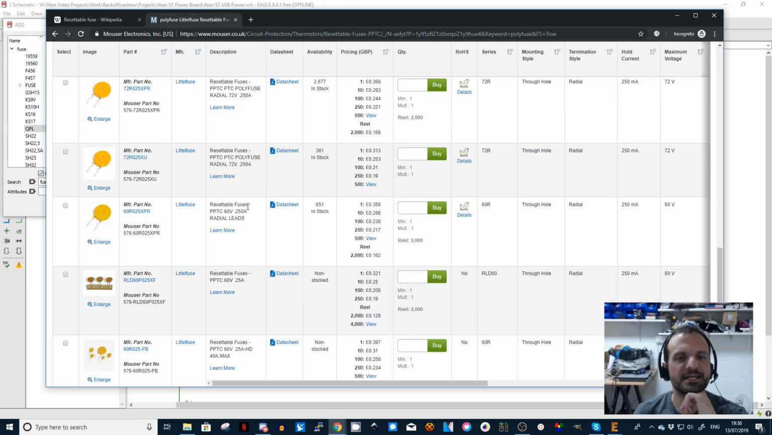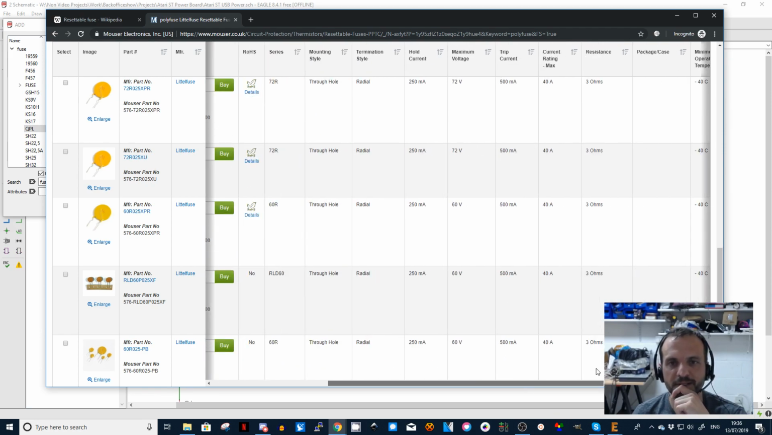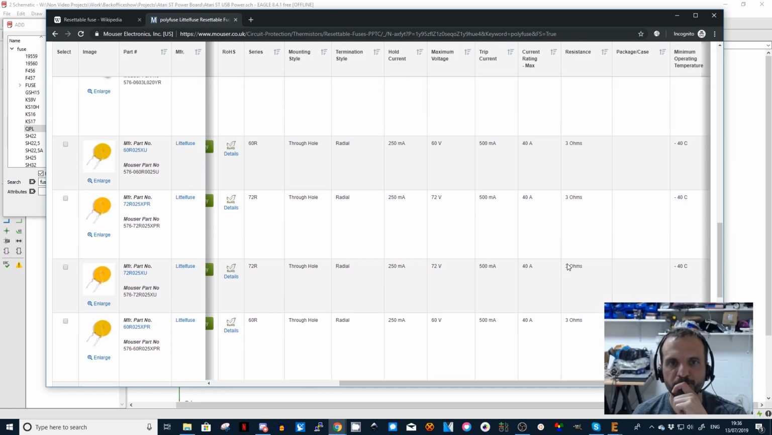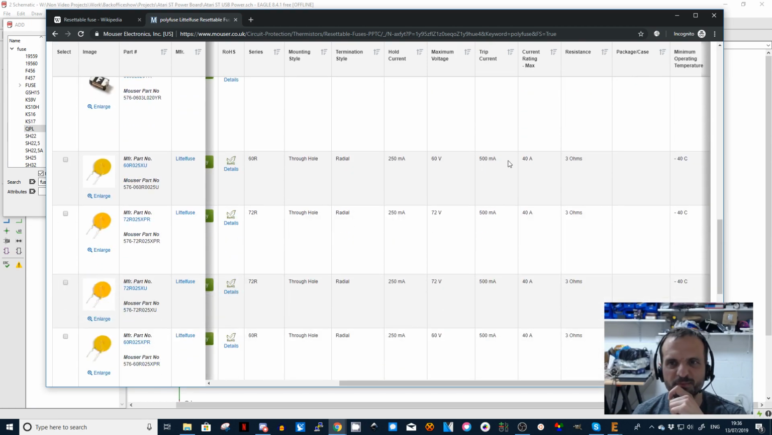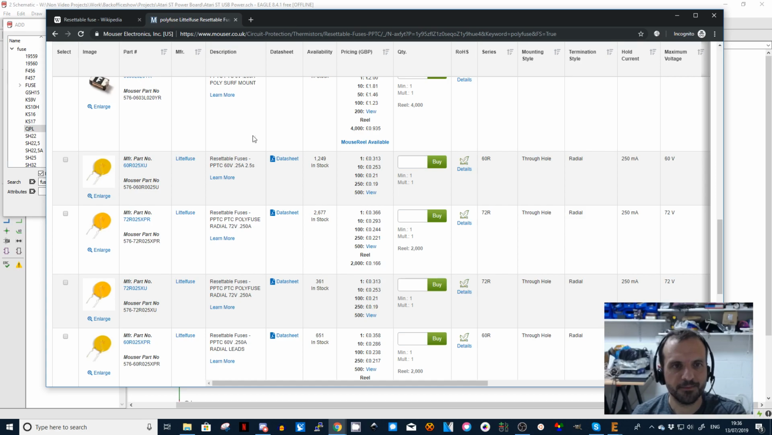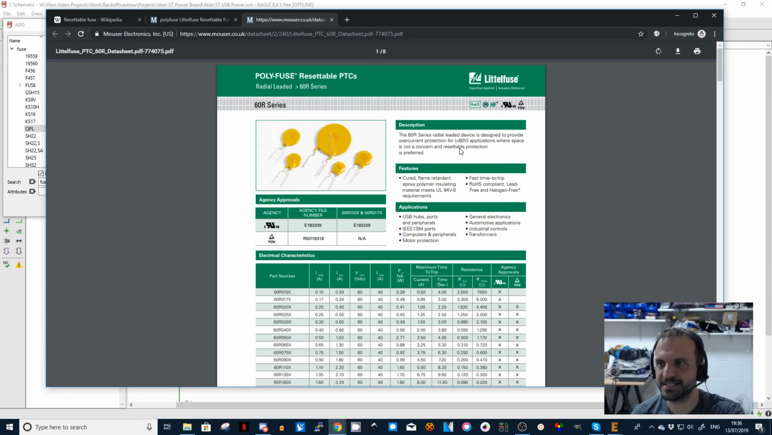What I don't understand about this search here is that I searched for the hold current. What trip current, hold current. So all of these seem to be rated right. I'm going to have to bring up a datasheet, guys. I know that's exciting and you live for the datasheets, but